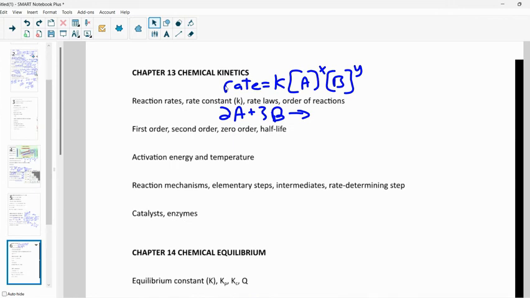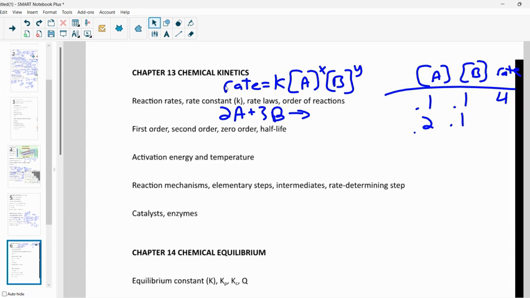So the way that we saw this was we would have a table that had like concentration of A, concentration of B, and the rate. Right? Trial 1, 0.1, 0.1, and we get a value here, 4. 0.2, 0.1, and we get 8. 0.2, 0.2, we get 8. And from this, we could figure out what the order of each reactant is, right? Looking at these two here, between A and B, right? We could put K